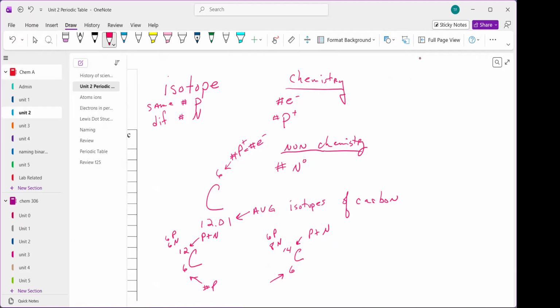Okay, notice of all the isotopes, let's say there's carbon 12, carbon 14, carbon 11, carbon 9. What have we left off? Okay. So if the average of all those carbons is 12.01, what's the most common isotope of carbon?